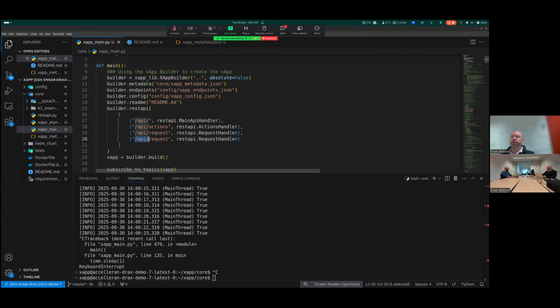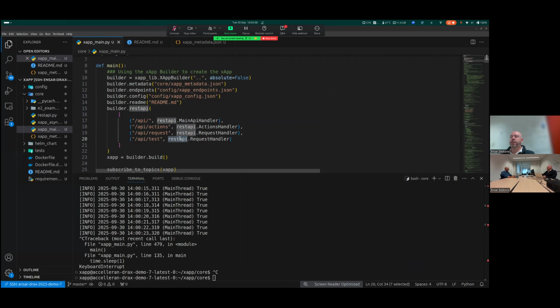We often advise to put it behind /API/something so that you recognize that it's your custom API endpoint that you're creating. Let's do something like API/test. So it will be a new API endpoint that we have. And as you can see, it's calling this REST API. It's a different Python file that we have, so we'll open that one.